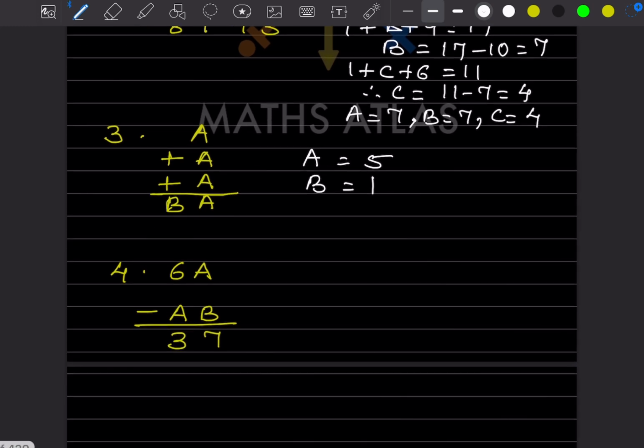Here, this is subtraction. So now we can write here A and here B, and this is 7. So the first thing we will do, A minus B is equal to 7. Now look here, this is A minus B is equal to 7. So now at least we should know A or we should know B. So now what we can do, one possibility is getting here, here we can say that